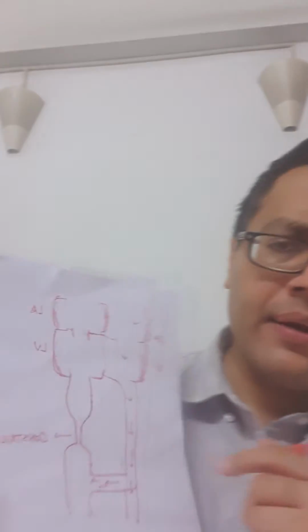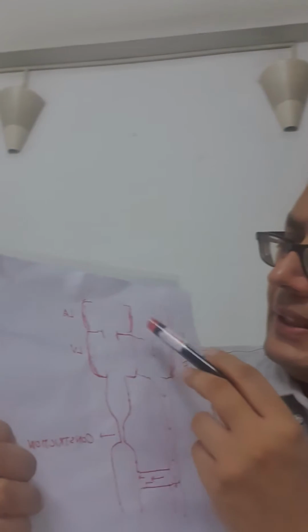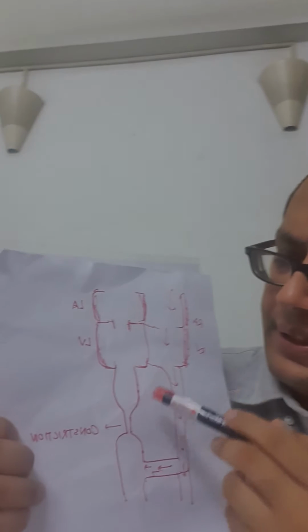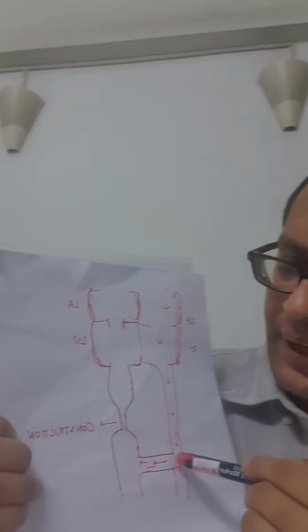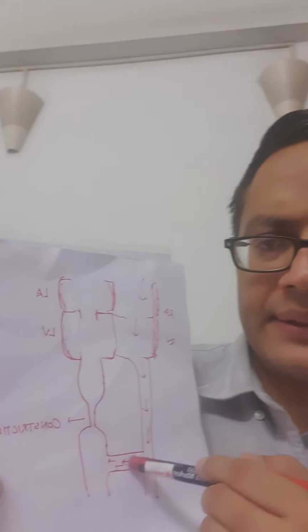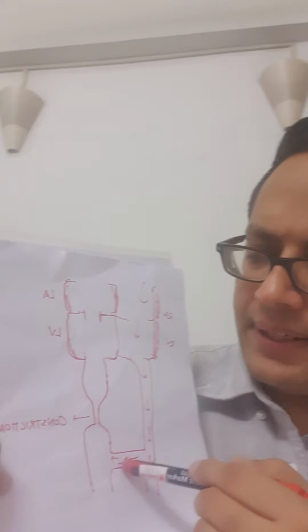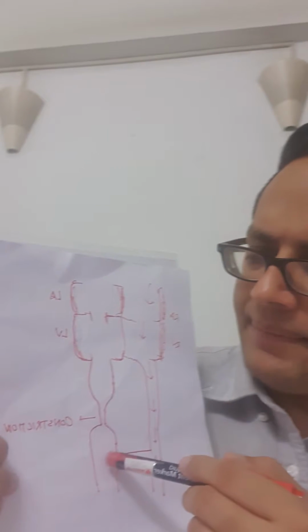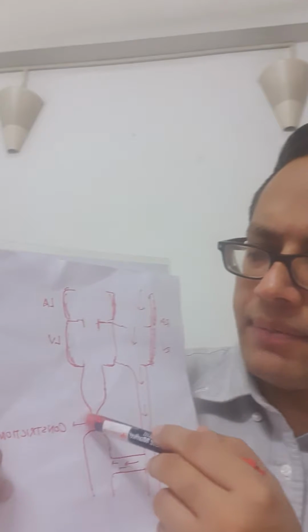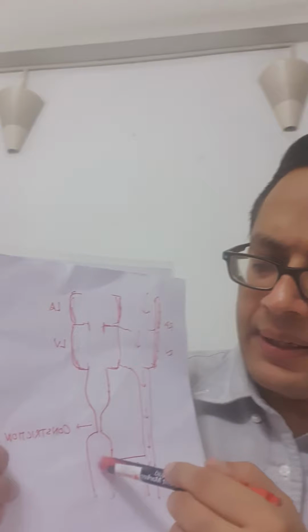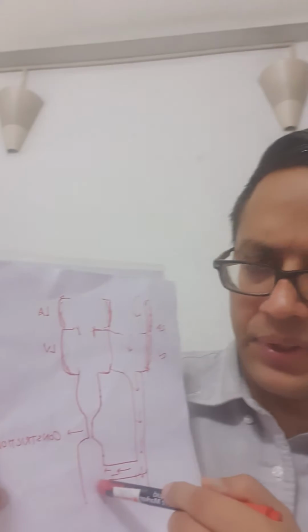So suppose this is the patient's right atrium, this is the patient's right ventricle, and usually the blood is flowing, and there is a structure here known as patent ductus arteriosus, PDA. Now patent ductus arteriosus, the insertion is occurring on aorta. Now if the constriction or narrowing of the aorta is before the insertion of the patent ductus arteriosus, then this